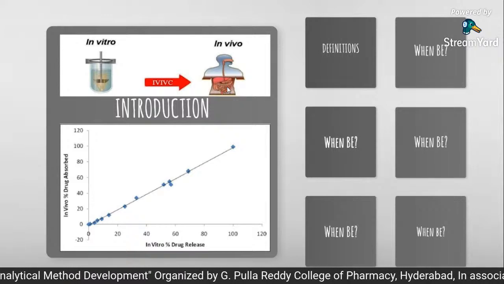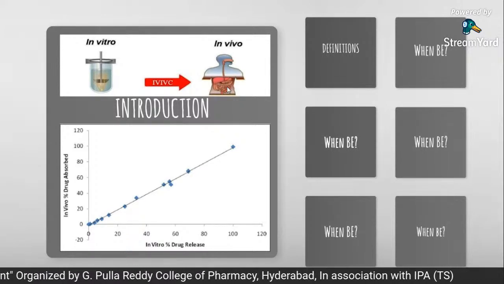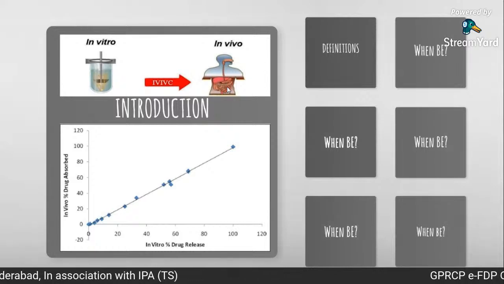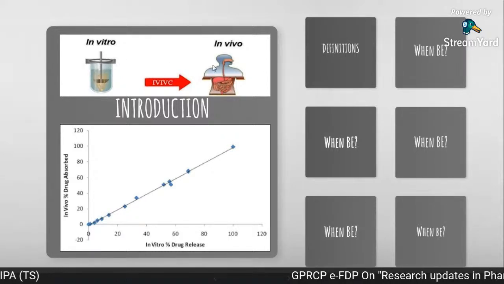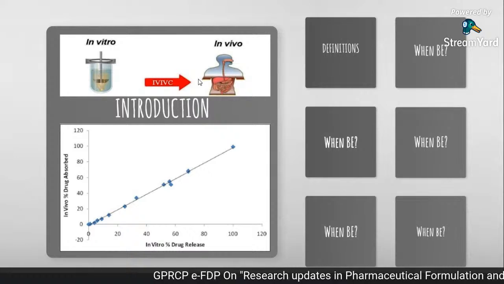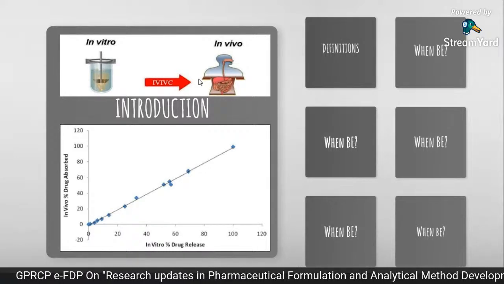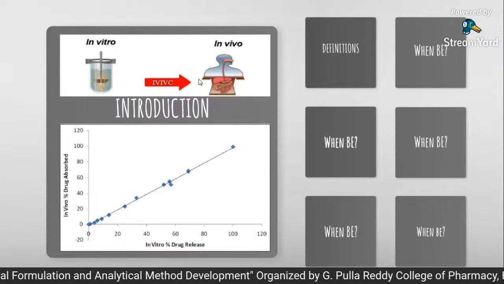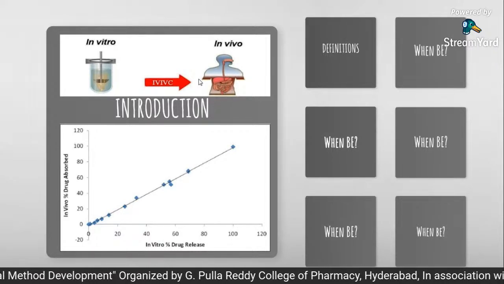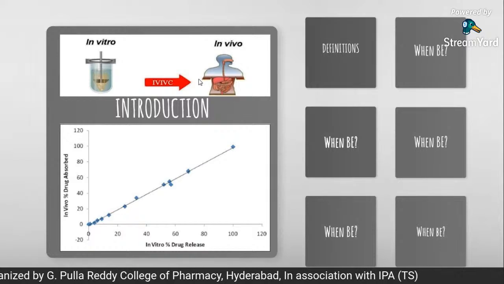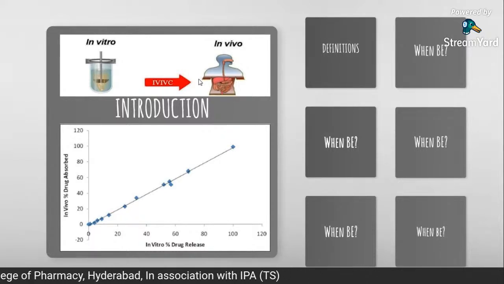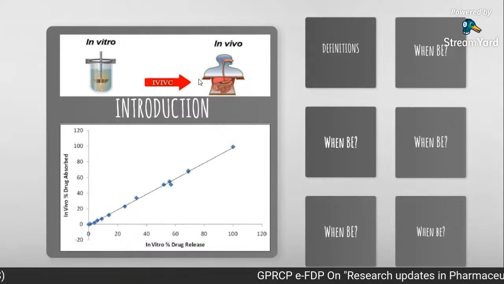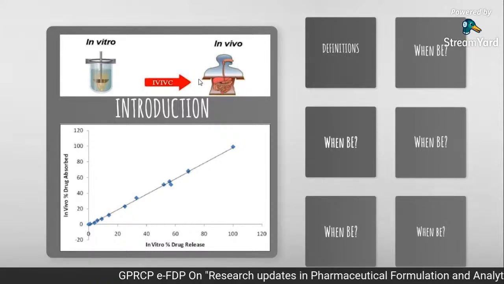As you all know, any dosage form has a similar API and similar excipients as that of the innovator. It may show the same behavior in vitro, but it may not behave similarly to the innovator in vivo, because in vivo many other parameters come into the picture, like GI pH, gastrointestinal enzymes, microbial flora, efflux transporters and blood flow rate. Even body weight and physiological conditions in the GIT will influence the dosage form.